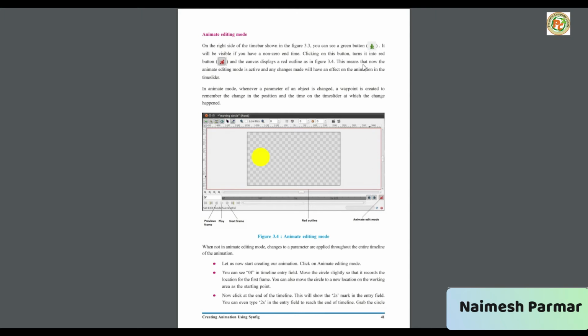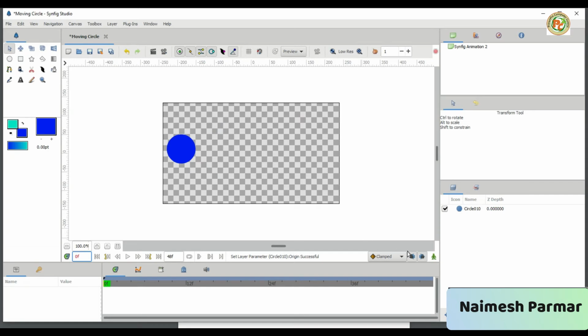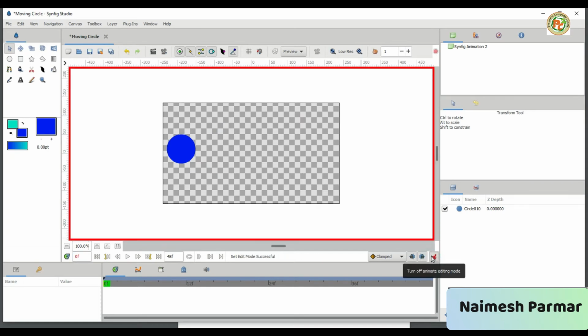This means that animation editing mode is activated, and any changes made will have an effect on the animation in the time slider. Okay, so we will do the same. Let's start by giving the animation editing mode. Now click on the animation mode, because we have already drawn this circle. So now click on the animation mode. Yes, exactly. See, animation mode is on now.